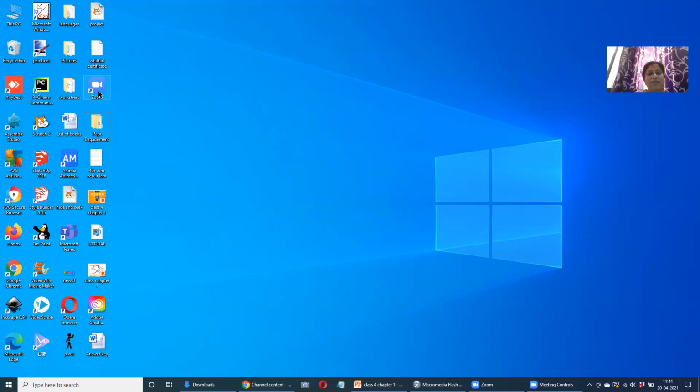These are files, but with different pictures, right? Why? Because the pictures indicate what kind of file it is. Like for example, you're able to see the Zoom file, right? This is Zoom software. The picture of this is like a camera. Then you can see one list of books. It's a Word file. Then you can see different software available. So each and every file and software has a different picture. So we call them icons.